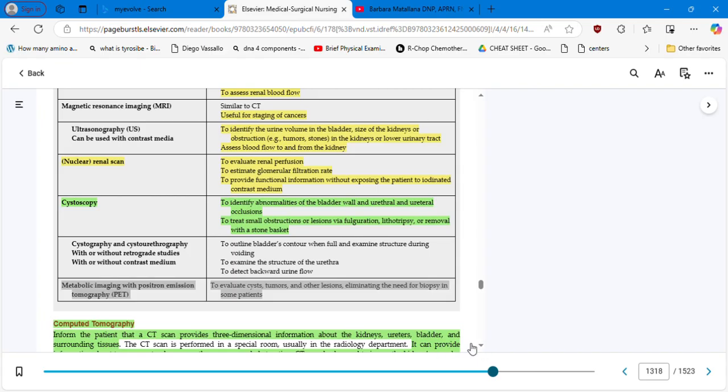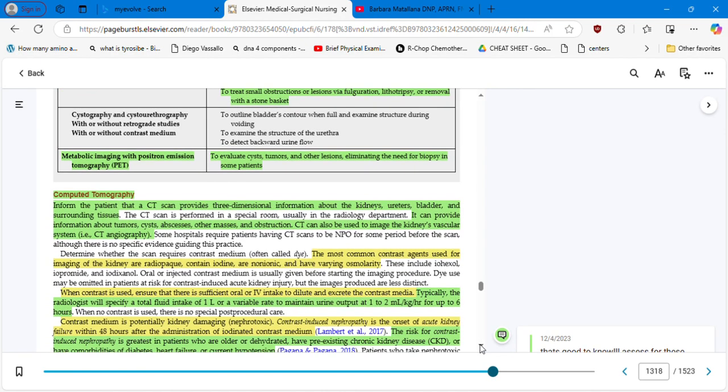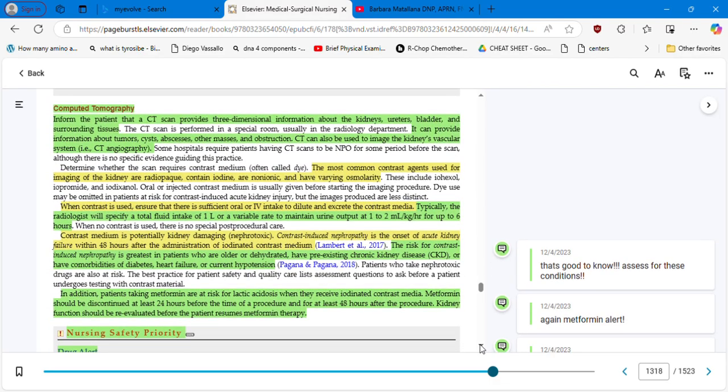Then we have the computed tomography, the CT, let's get deeper into that. Inform a patient that a CT scan provides three-dimensional information about the kidneys, ureters, and bladder. It can provide information about tumors, cysts, abscesses, and other masses. The most common contrast agents used for imaging of the kidney are radiopaque, contain iodine, are non-ionic, and have varying osmolarity. When contrast is used, ensure that there is a sufficient oral or IV intake to dilute and excrete the